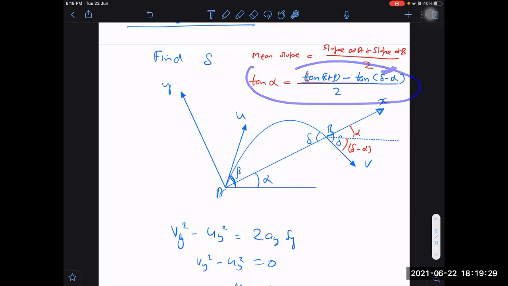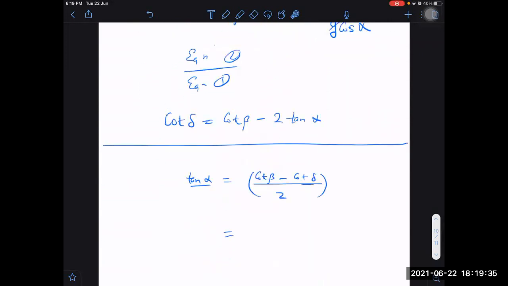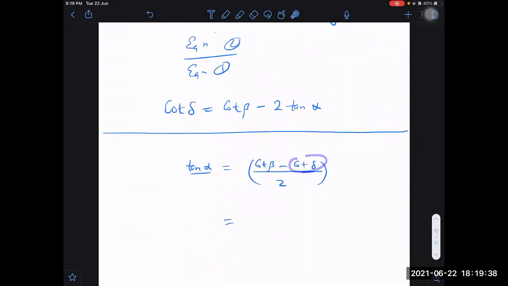Can we get delta from here or not? Try to get delta from this and compare whether the delta value which we get from this is matching with the delta value which we got by the lengthy method or not. It should match. It should be the same finally.